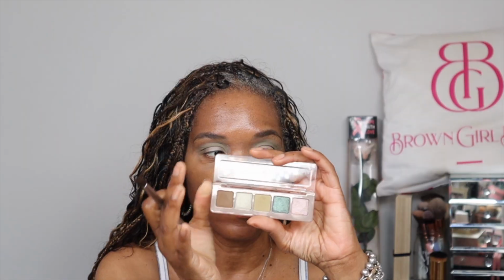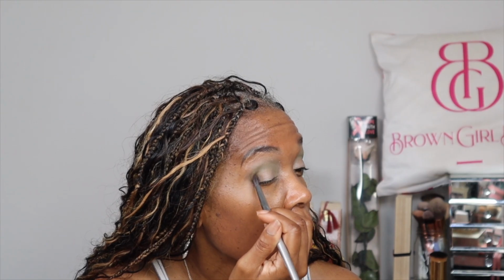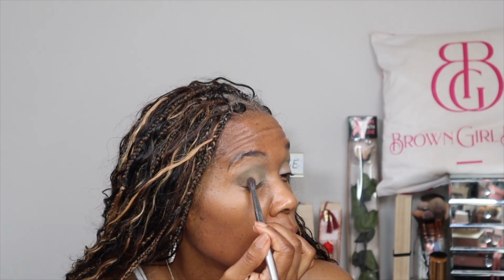We're going to put that brown shade, which was, I believe, Cypress, Cinder. So Cinder right here. We're going to use that in the outer corner, not to block what we did with Moss, but just to enhance it a little bit. And you can see each of these colors, although they're neutral, they're still very much pigmented and give you a really sharp, professional looking eye look without too much fuss. I'm being very light-handed